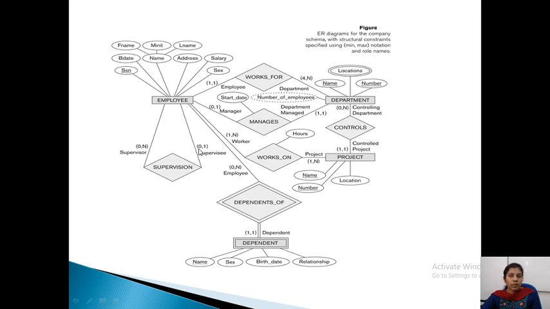So minimum is 0. And maximum is he will supervise 1. So supervisee and supervisor. So here employee supervises an employee. Maximum we can have n number of supervisors and he will supervise an employee. So this is the notation using min max.